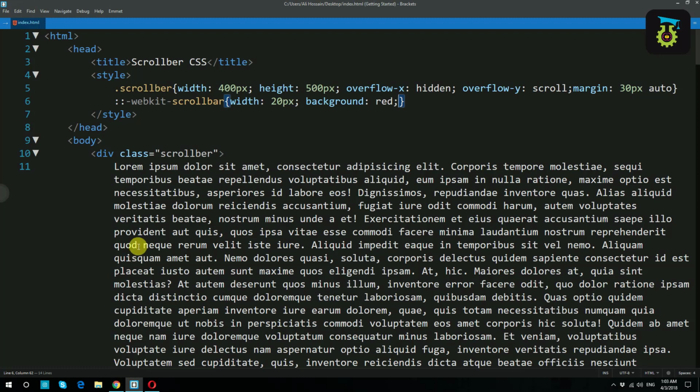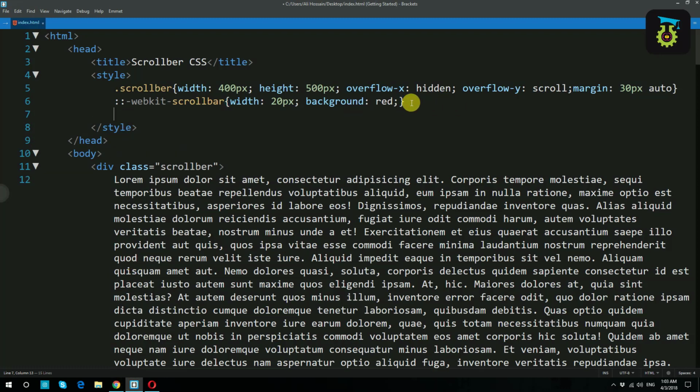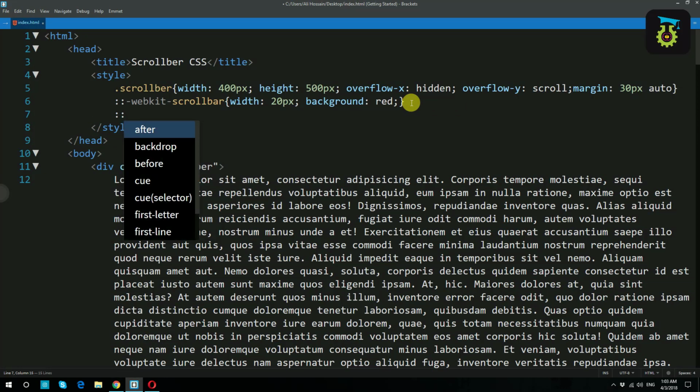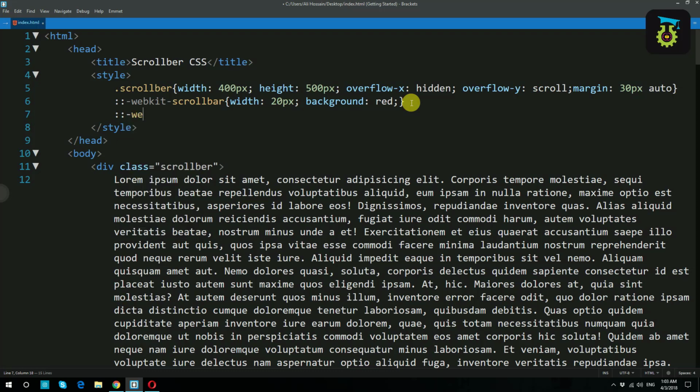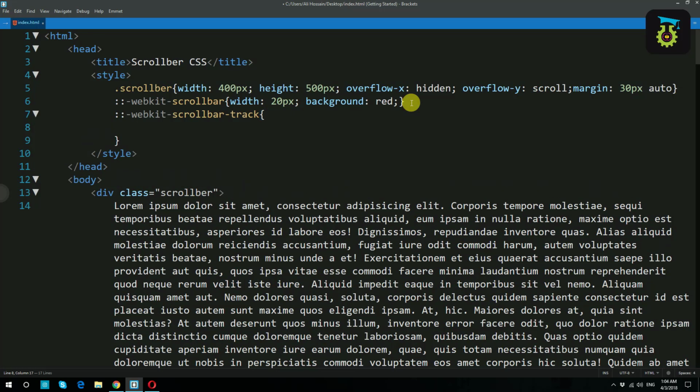Okay, now I will hit enter, and I'll write here again WebKit scrollbar, then track. Okay, now here I will use a box shadow. So for using box shadow, I will use here again WebKit, then box shadow,